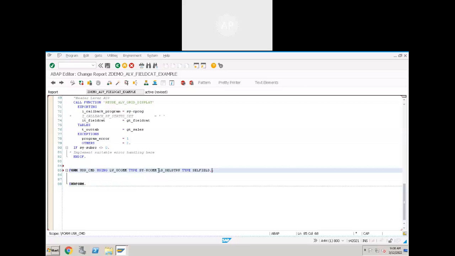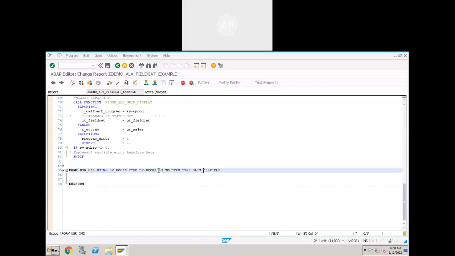This is the name of that structure. I don't remember exactly. Let me check. SLIS_. So this should contain SLIS_. All the structures which are available in SLIS should start with the SLIS_ structure name.